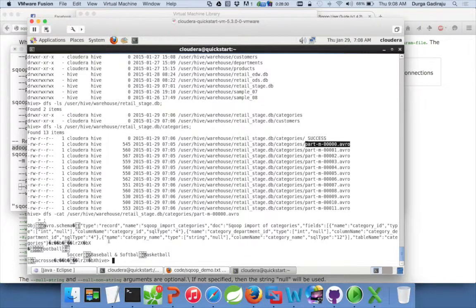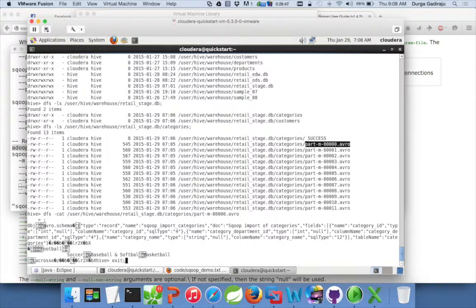If you see, the data is in binary format, because Avro stores actual data in a non-text format, and that's why you are seeing it like this.